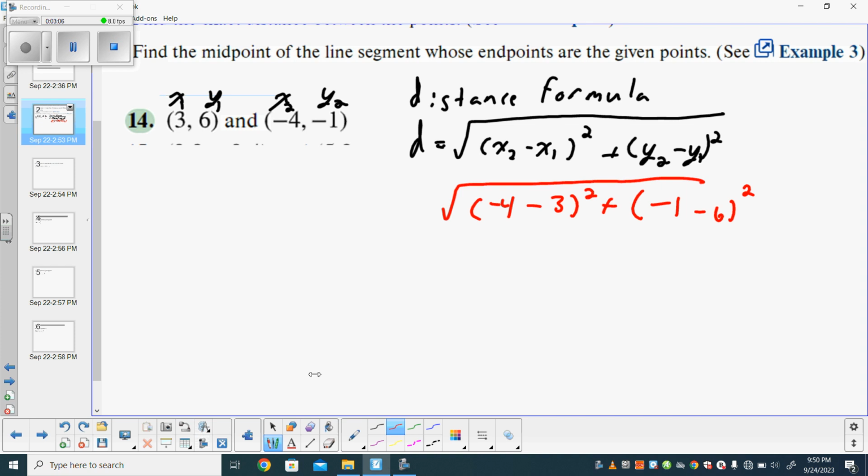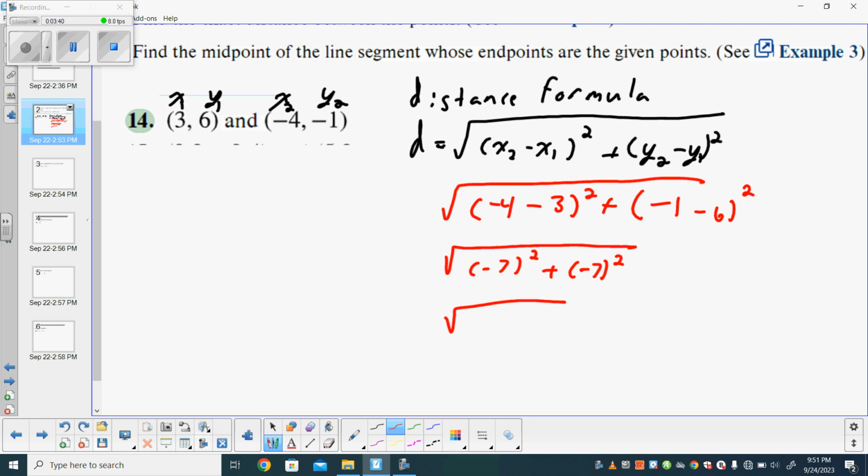After that, just simply do the math that follows. -4 minus 3 is -7 squared. -1 minus 6 is also -7 squared,